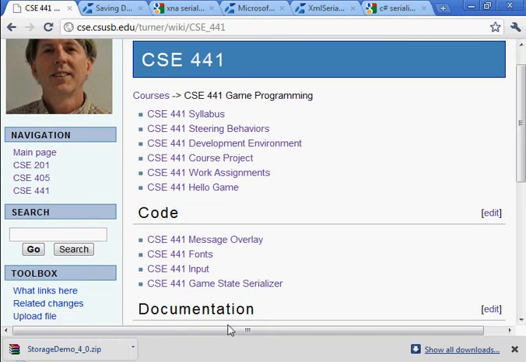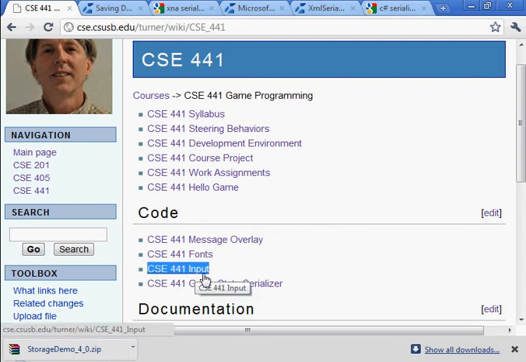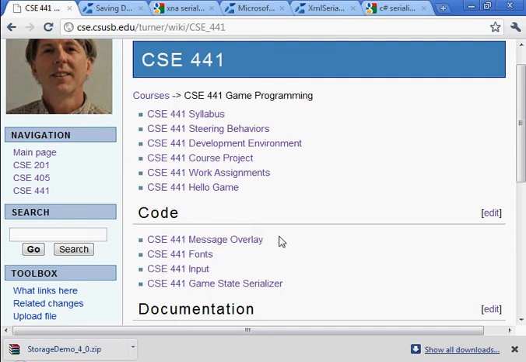What I'm going to do in this video is talk about the code that I posted here, the game state serializer. To save time, I'm going to start off from the point I left off last time when I recorded a video for this input class, which of course built on top of fonts and this message overlay, or maybe fonts came before that, I can't remember. But in any case,